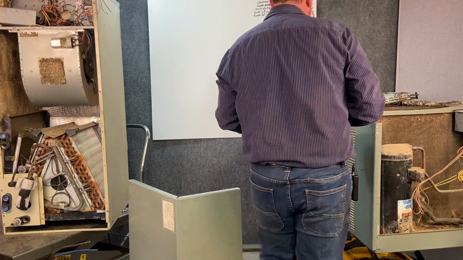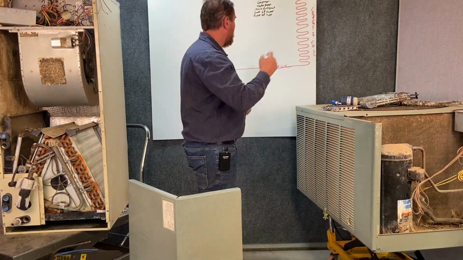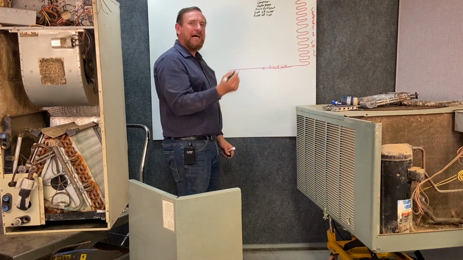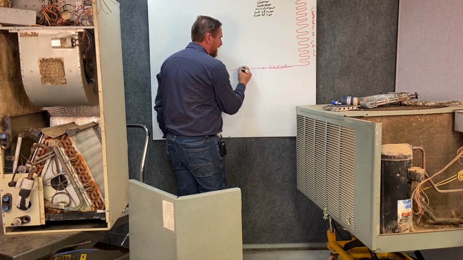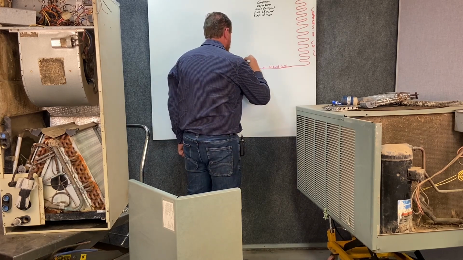So we're going to draw that accessory here, and I found it extremely important that we learn where that is in the system, and it can be anywhere in the liquid line. I'm going to put it halfway, but we're going to use this in black because it's not changing anything. It's simply two names though: liquid line